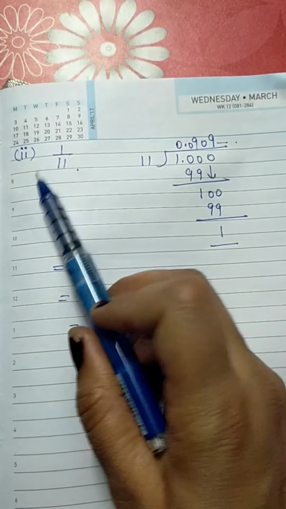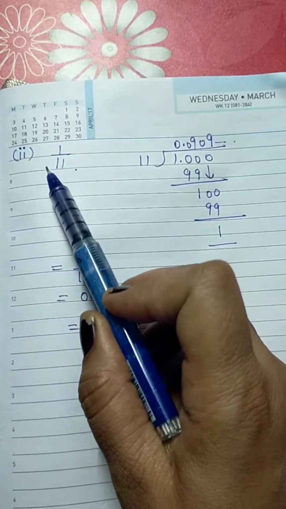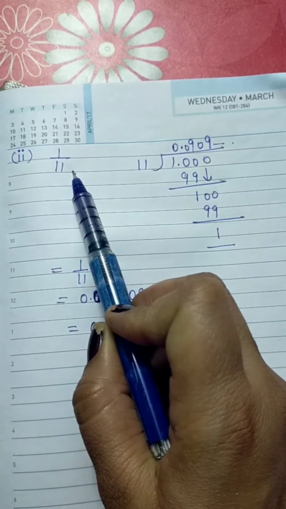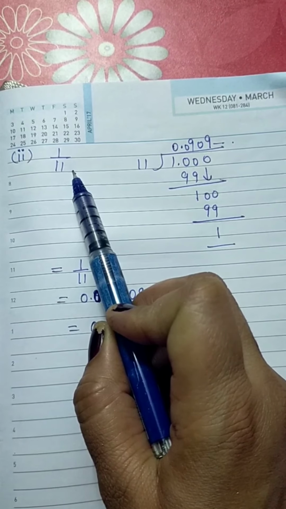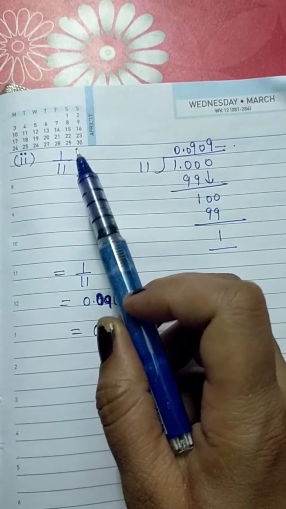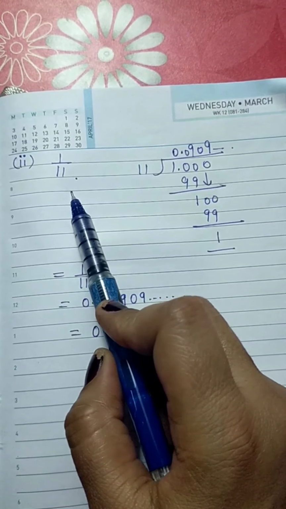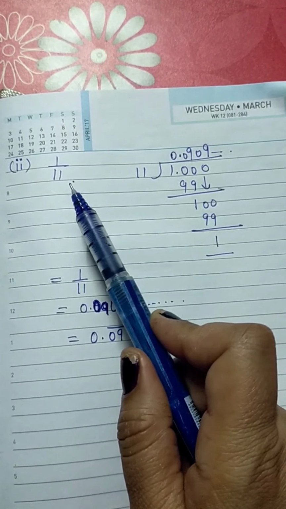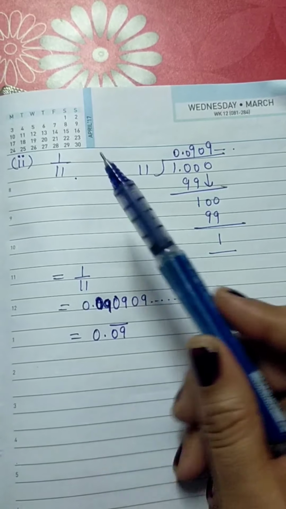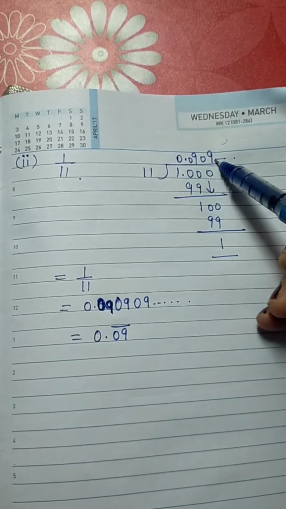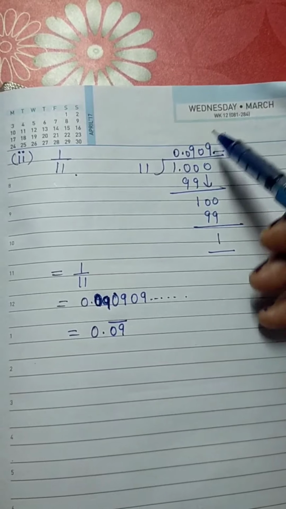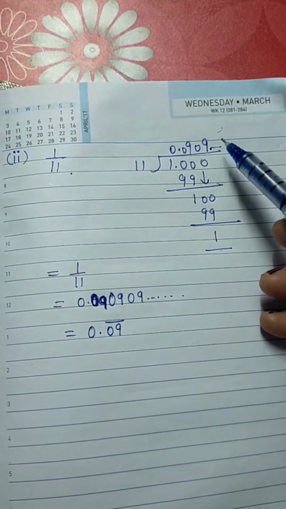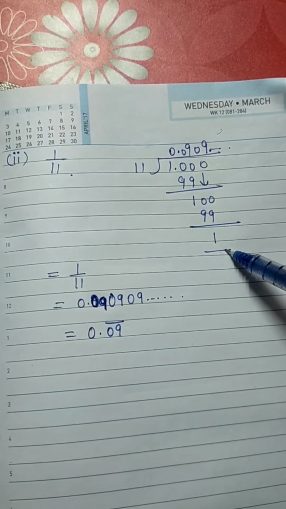So now there is the second part, 1 by 11. Here we can clearly see that the denominator doesn't have 2 raised to power m or 5 raised to power n or 2 raised to power m into 5 raised to power n as factors. So in such type of question, if we have been asked what kind of decimal expansion it is, we can simply mention that it has non-terminating decimal expansion. We have to divide because we need to write down what the decimal expansion is as well. So you have to do it using the long division method.